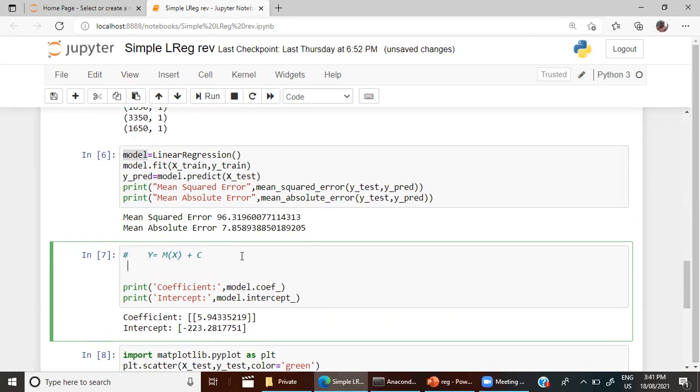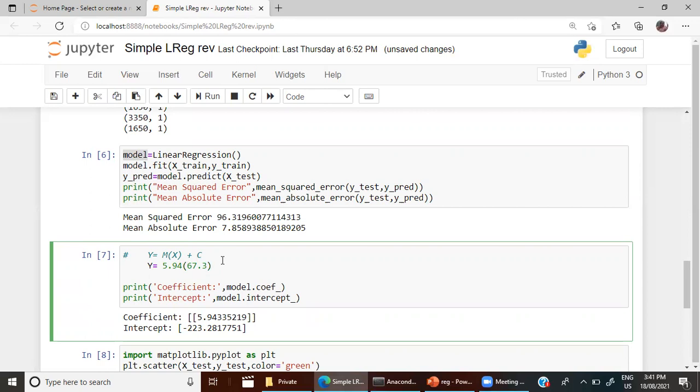Let me write here. y will be calculated as y is equal to m value, this coefficient, that is 5.94, multiplied by the x value, we just saw 67.3. For this height, we have to predict the weight.